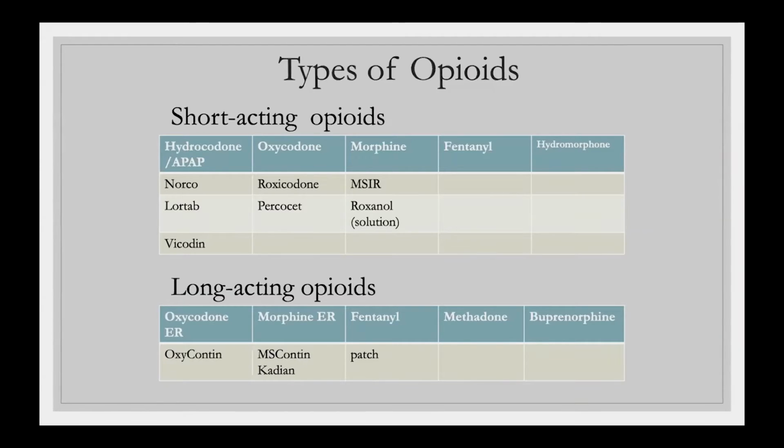In general, we split them into short-acting and long-acting opioids. Starting at the top of the screen here, the short-acting opioids are the common ones that are prescribed for a lot of patients. The most typical scenario is, for example, you get surgery on your knee, and then for the recovery period, you get a couple of weeks' worth of a short-acting opioid medication. Things like this would be Norco, Lortab, Vicodin, which is actually acetaminophen and hydrocodone, one of the opioids we talked about.